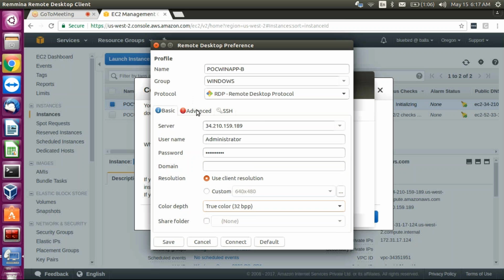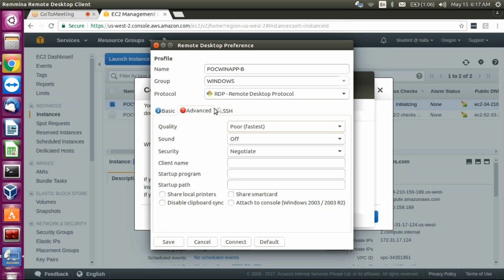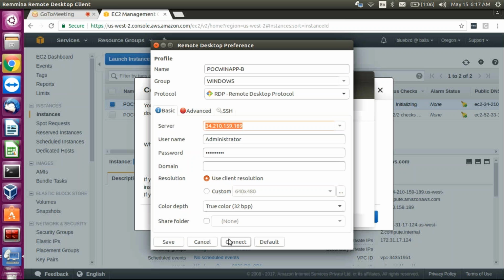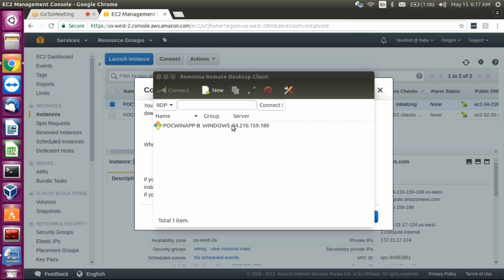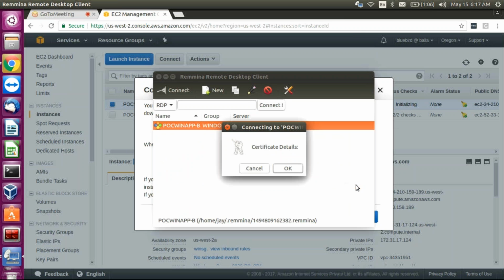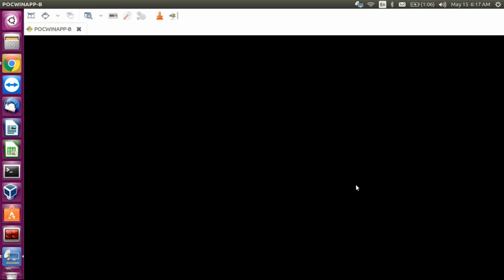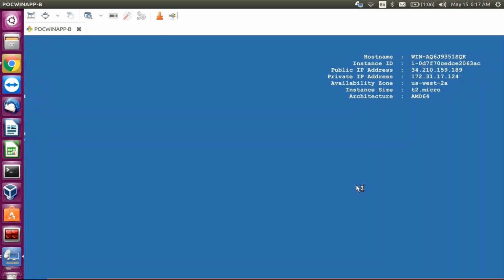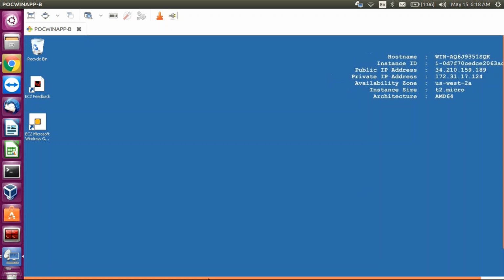Okay. Then I have another tab, advanced. I don't do anything, and in SSH. Okay. Now I'll save this first and I'll connect. Okay. So I'm connecting to my Windows from my Ubuntu machine. Okay, so